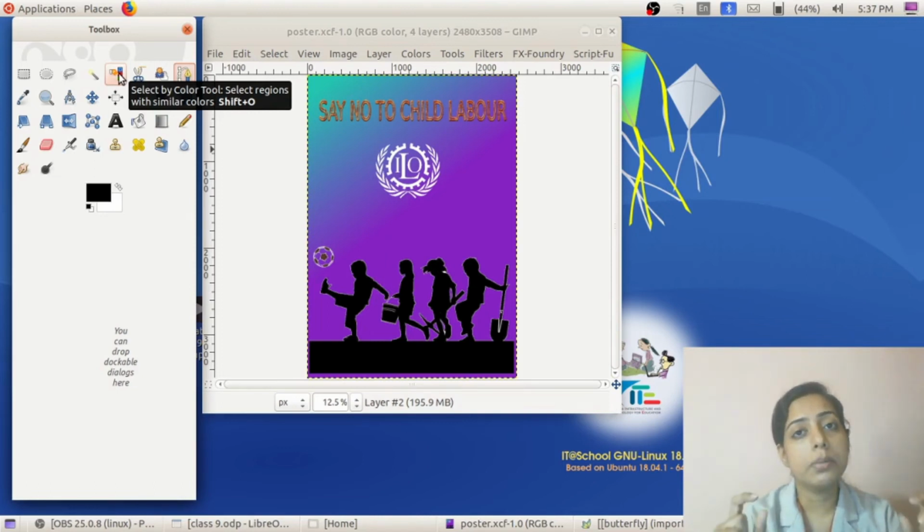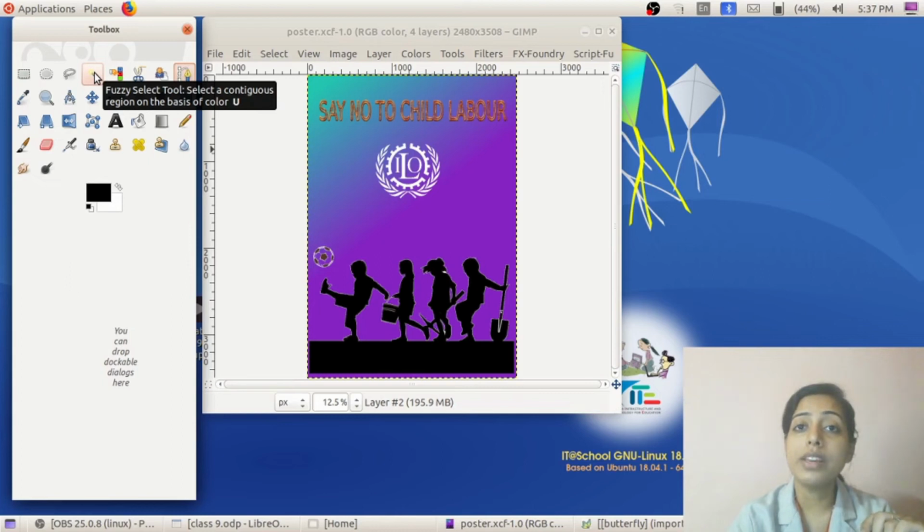If I want black portions only, if you select black, all the black portions get selected. If you want yellow portions, if you click on yellow, all the yellow portions get selected. So the use of the select by color tool is to select regions with similar color. But with the fuzzy select tool we can select a contiguous region on the basis of color.